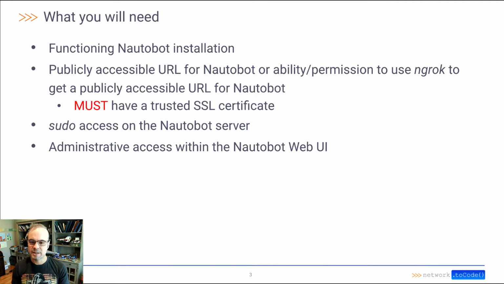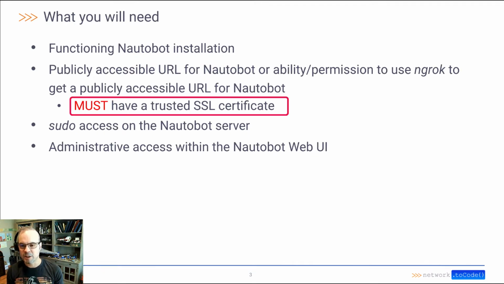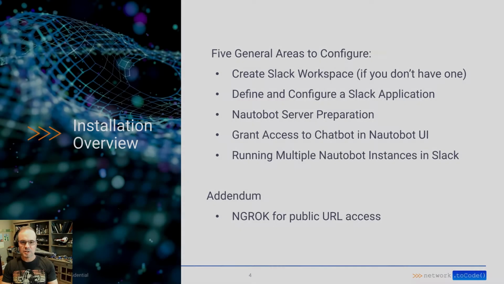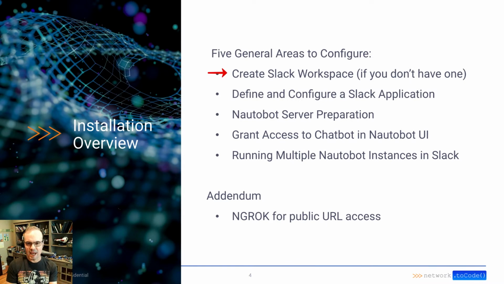And one important detail to call out is that your Nautobot server must have a trusted SSL certificate. Slack will not allow you to use a self-signed certificate with your Nautobot server if you're going to use it for ChatOps. So this overview will cover 5 general areas: creating your Slack workspace if you don't have one already,